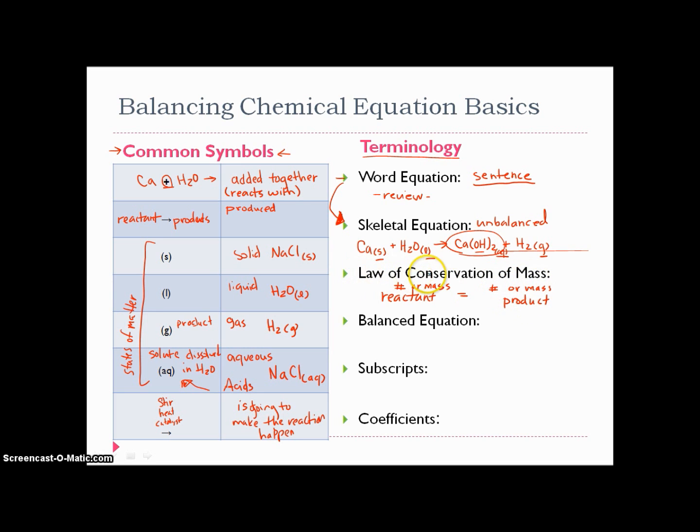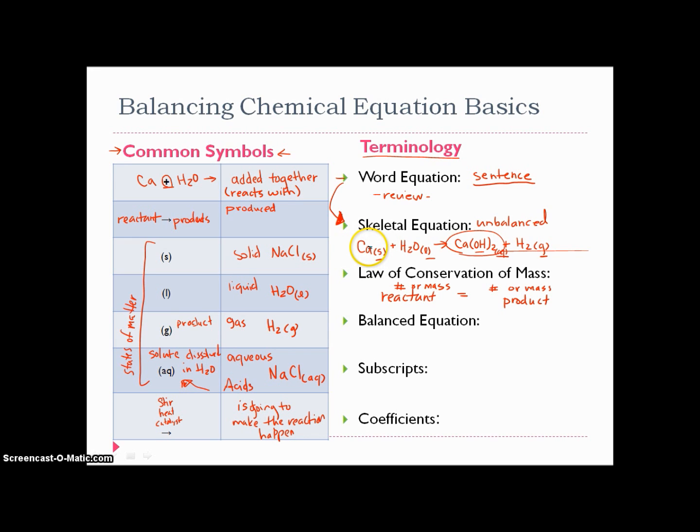This is just like the law of conservation of energy that you learned about in physical science. We can't just create and get more hydrogens on one side than we did the other. Now we have 4 hydrogens over here that just didn't come from anywhere. So that's why we have to balance it to say we use 2 water molecules to react with every 1